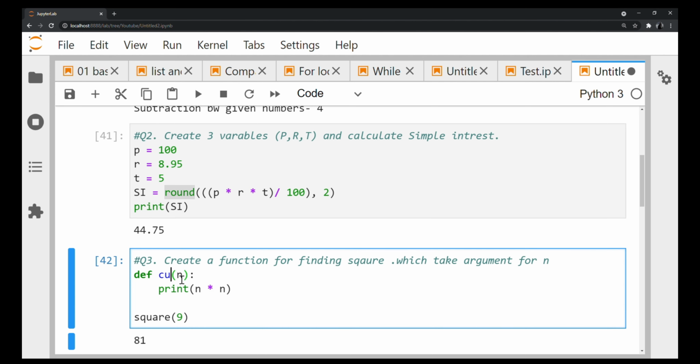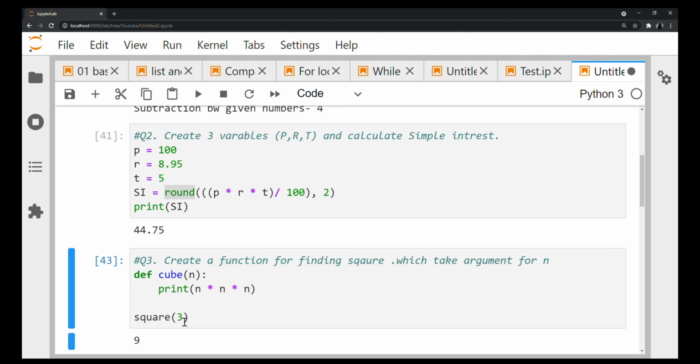Okay, quickly what we will do, we will try to change this for cube. So I'm creating a function called cube, right? And you know what is cube, right? Simply, square is n into n and cube is n into n into n, 3 times, right? So let's try cube, and what will be the cube of 3, guys? If you remember, it will be 27, 3 into 3 into 3, right? And what is the cube of 9? If you remember, 729 I should get. Sorry, 9 into 9.